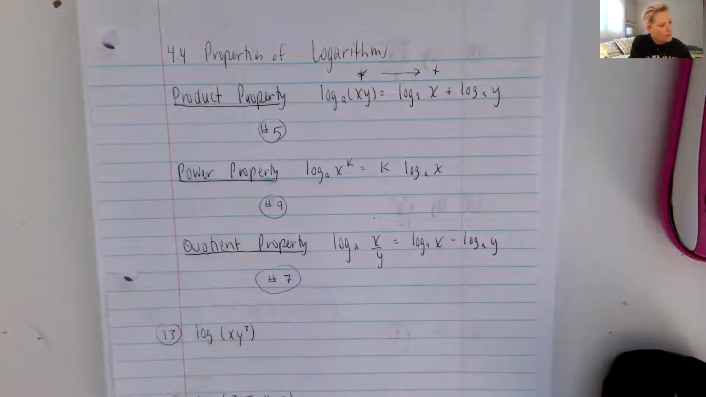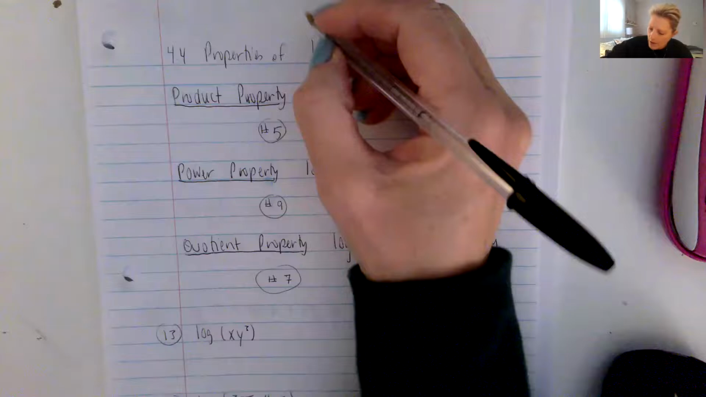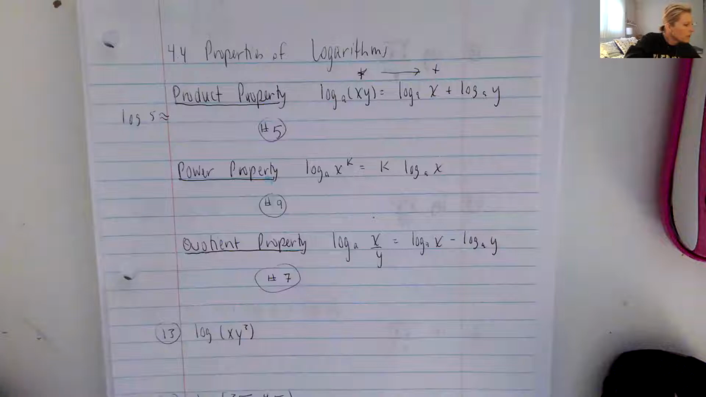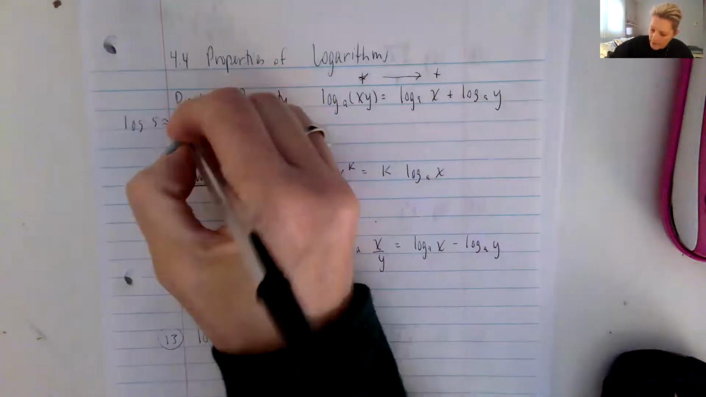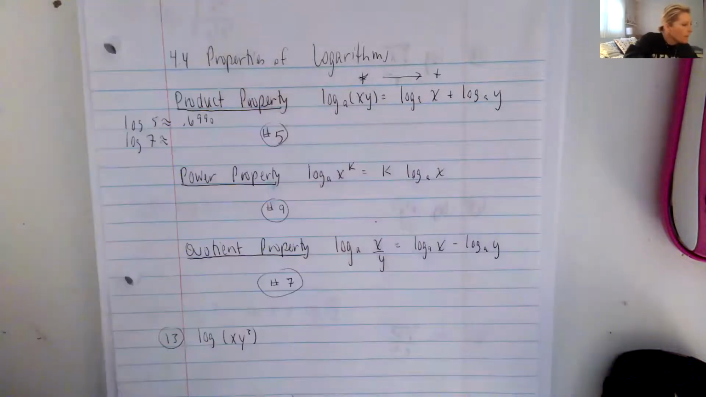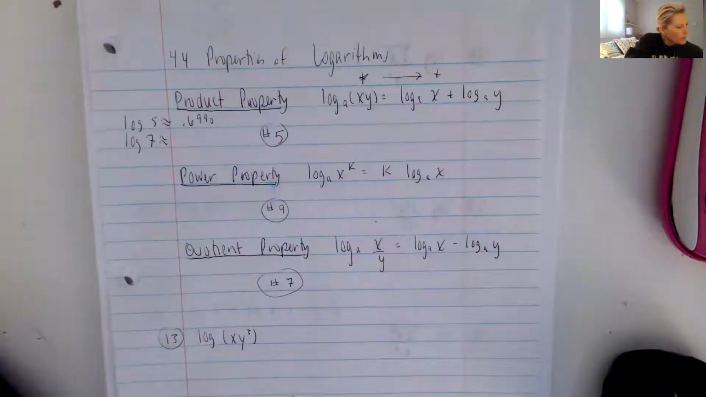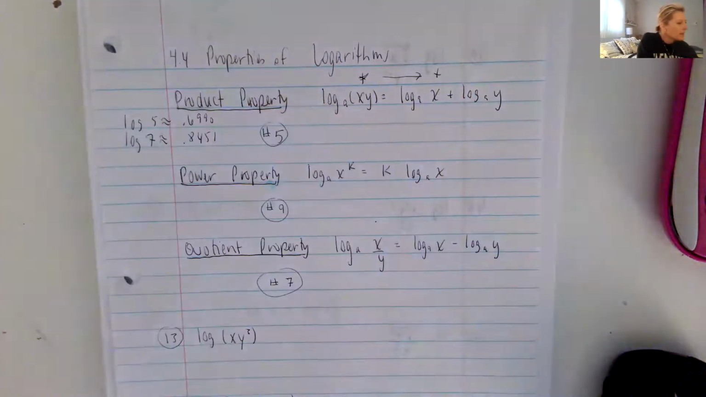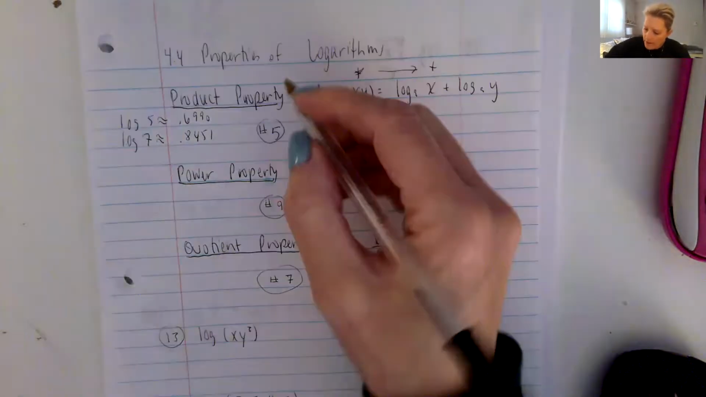Number 5 says, letting the log of 5 be approximately 0.699 and the log of 7 be approximately 0.8451, use these approximations to evaluate the logarithm without the use of a calculator, then check your answer with a calculator. So this log of 35 is number 5,